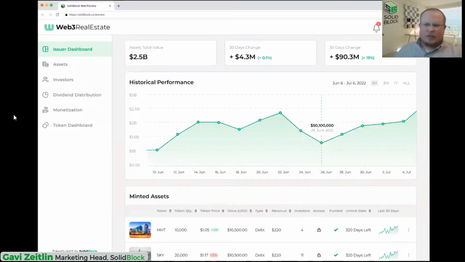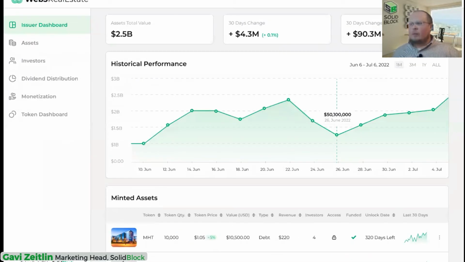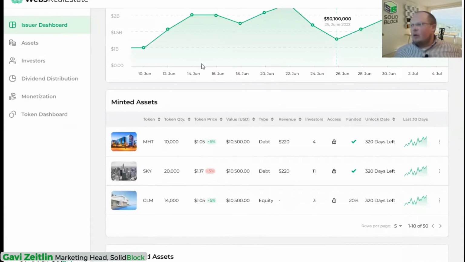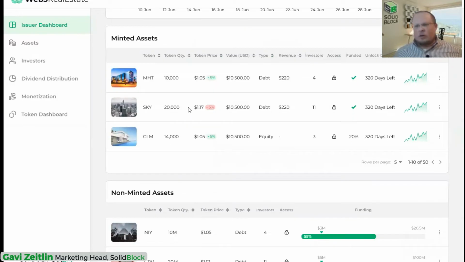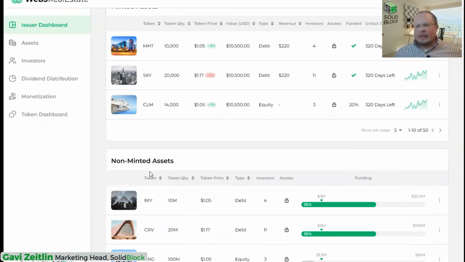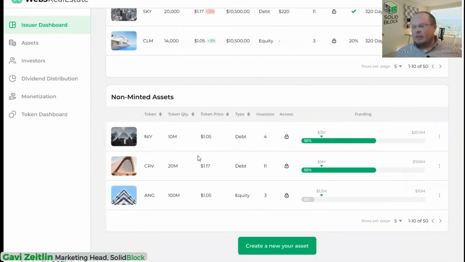So let's dive into the issuer portal here. This is the issuer dashboard. If you're an issuer, when you log in, this is what you'll see: the information of your assets on the platform, the performance of their valuations, the value over time. You'll see what assets have already been minted or issued to investors, as well as assets that have not yet been minted.